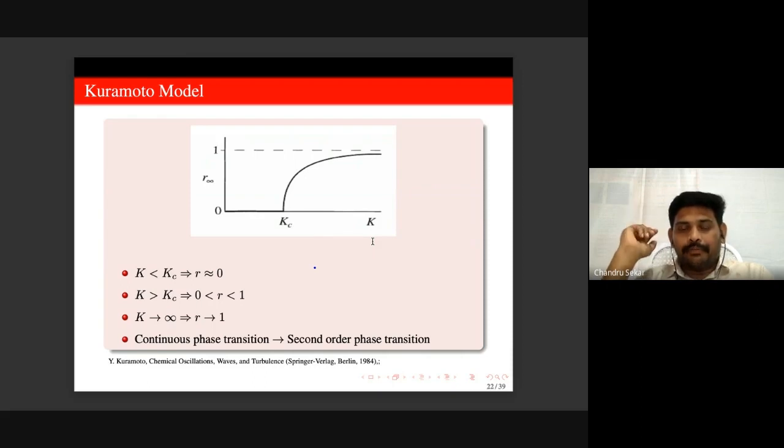This type of phase transition from a desynchronized state to a synchronized state is called a continuous phase transition. This type of continuous phase transition is called a second order phase transition. However,